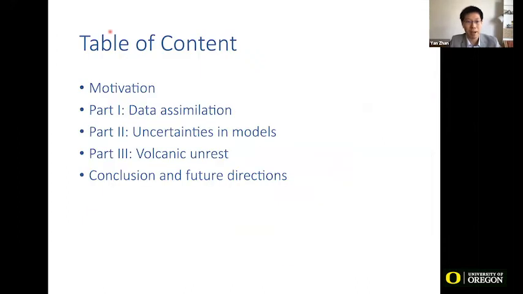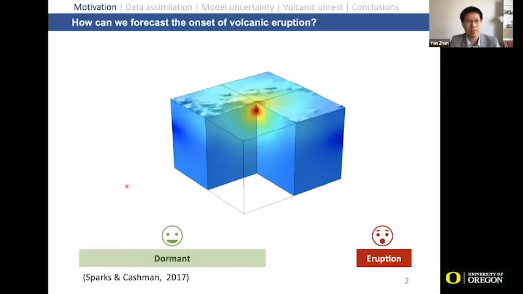So after the motivation part, my talk will be divided into 3 parts, and I will show you how the first two parts, data simulation and uncertainty in the model, can serve as tools for me to understand the volcanic unrest. And after that, I will give you the conclusions and some future directions. So first,